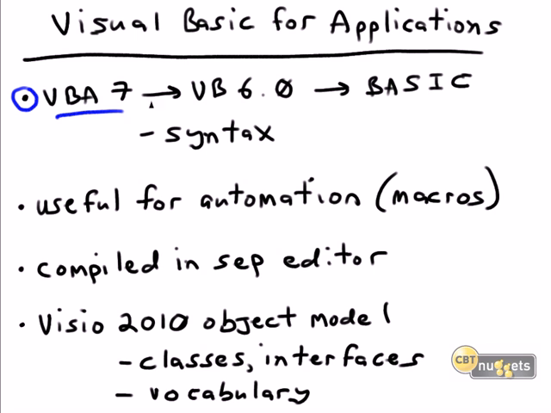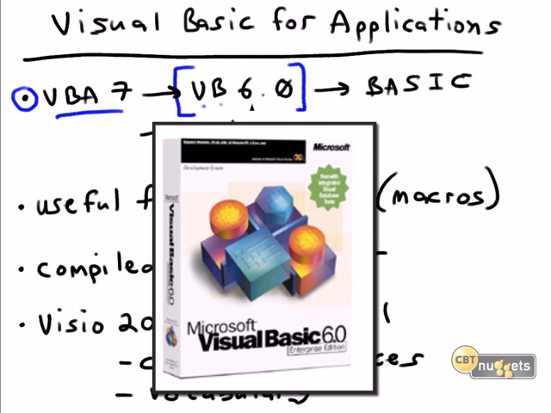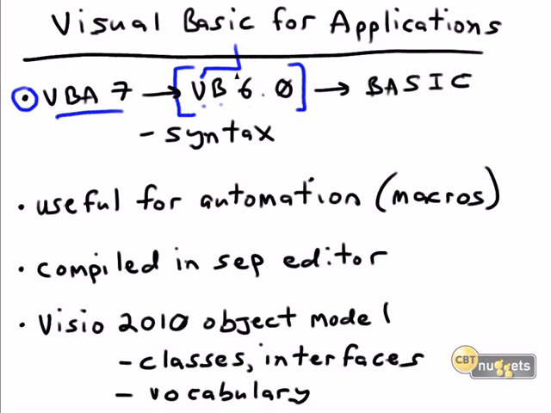Now, VBA derives originally from a full-fledged, compiled, event-driven programming language that Microsoft had called Visual Basic 6.0. I did quite a bit of Windows development using this language back in the day. And by back in the day, I mean the late 1990s and early 2000s. You'd think that it was 20 or 30 years ago by now, right?